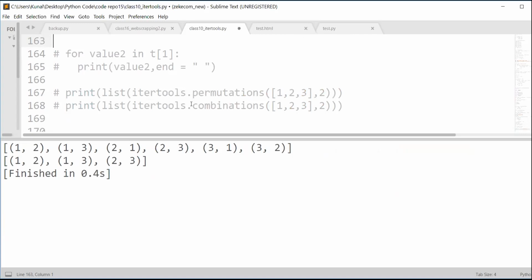So these are some of the important functions from this itertools library. You can explore it more because there are a lot of functions in this library, but these are some of the most important ones. So for optimization things, we have